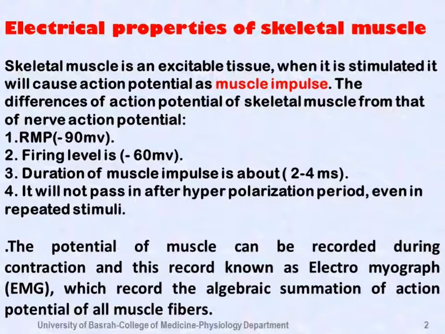First of all, the resting membrane potential of skeletal muscle is minus 90 millivolts. The firing level is minus 60 millivolts. Duration of muscle impulse is about 2 to 4 milliseconds, and it will not pass in after-hyperpolarization period even in repeated stimuli. Skeletal muscle never passes in what is called accommodation or adaptation. And when we apply a repeated constant stimulus, there will be continuous contraction of skeletal muscle, contraction and relaxation without